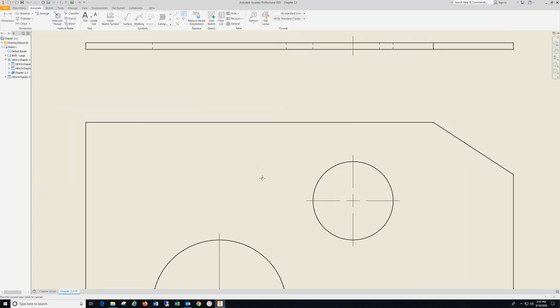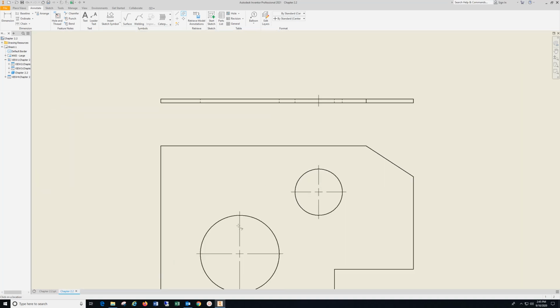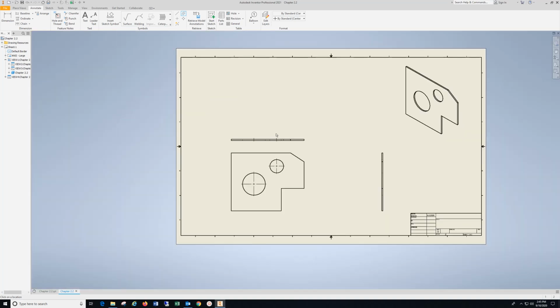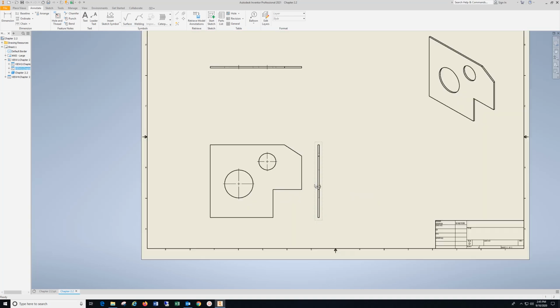I'm going to pan this over. I hold down my middle mouse and kind of move up, and I know it's going to be this one and this one. Now I can zoom back out, hit escape. I can drag that back up. I'm going to come over here and drag this one a little bit closer. Zoom in,